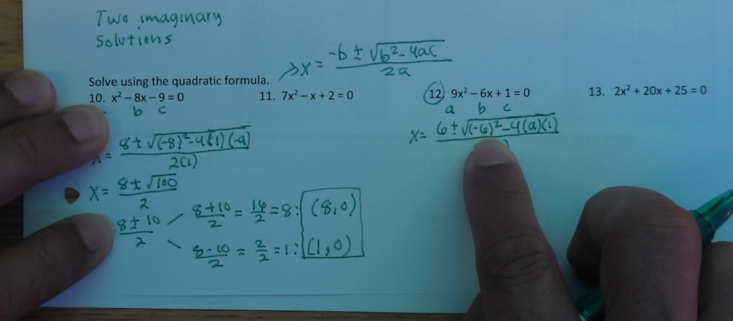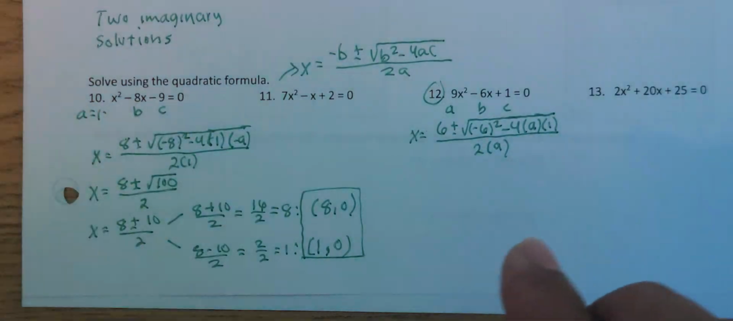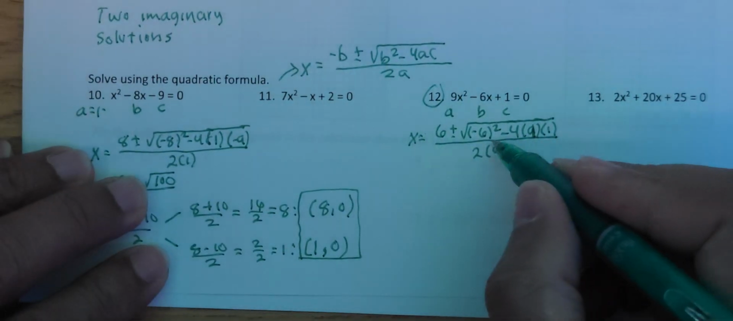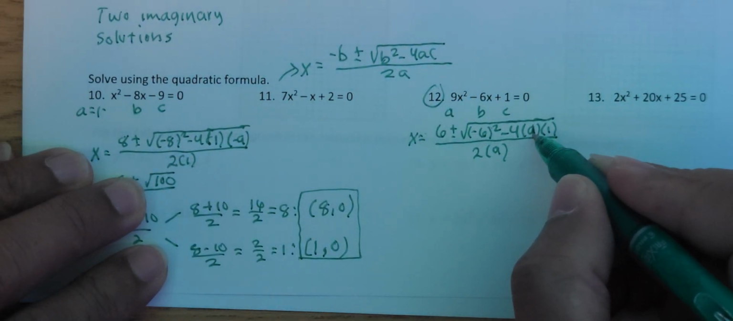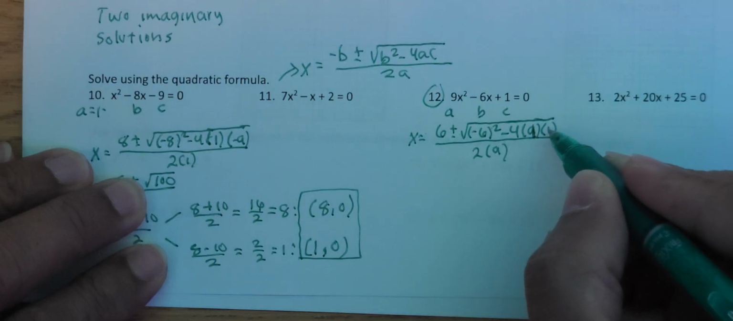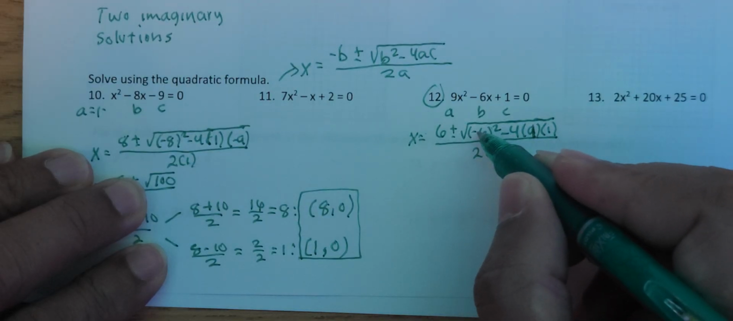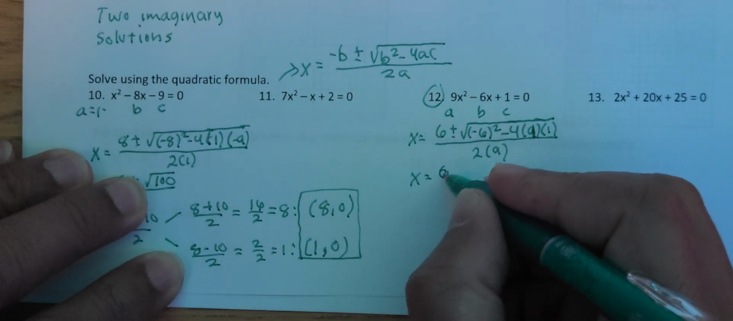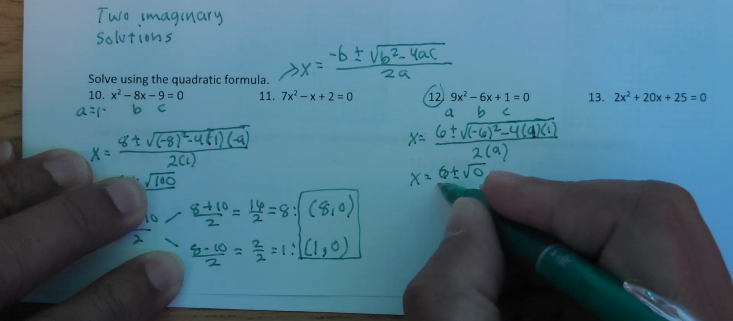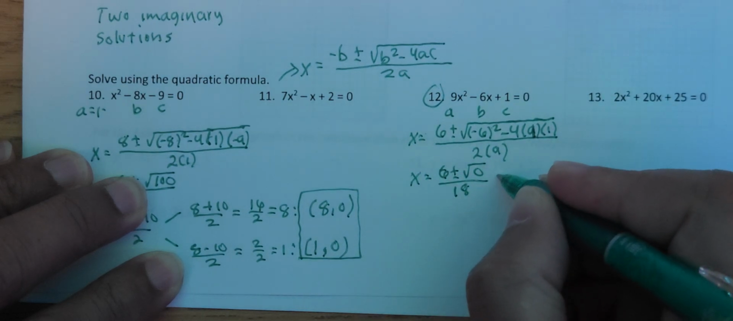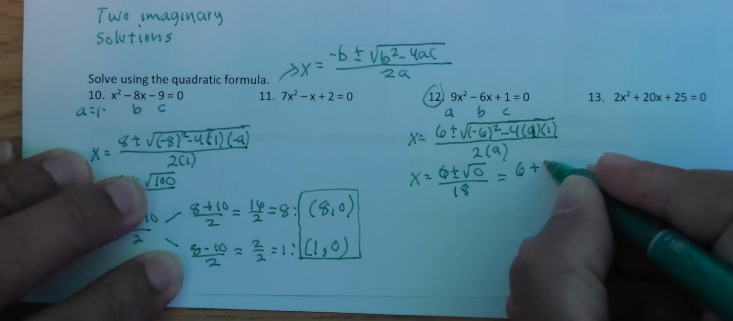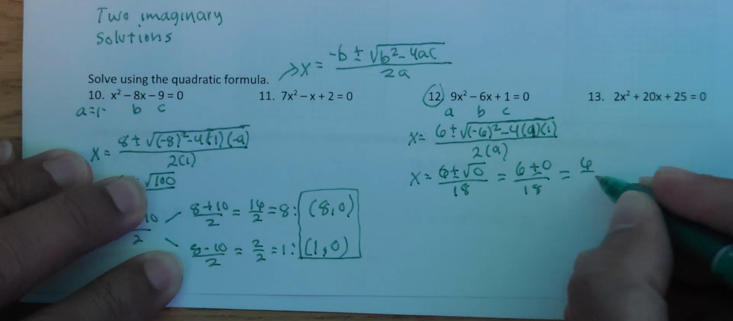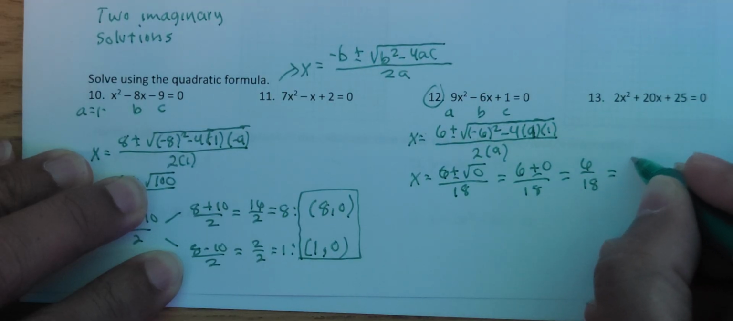Negative 6 squared is 36, and this is supposed to be 9, right? So that's 9. So this is 36, negative 4 times 9 is negative 36. Negative 36 times 1, that's still negative 36. Positive 36 and negative 36 combine to 0. So then x equals 6 plus or minus the square root of 0 over 2 times 9, which is 18. Well, this is just 6 plus or minus 0 over 18, which is just 6 over 18, which simplifies to